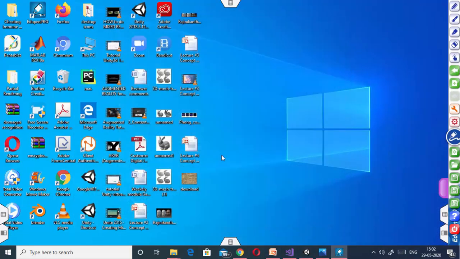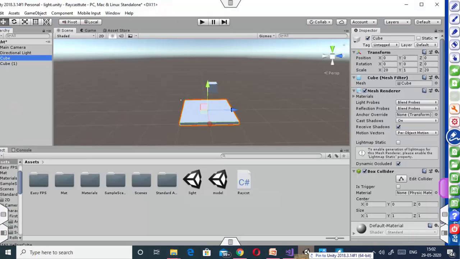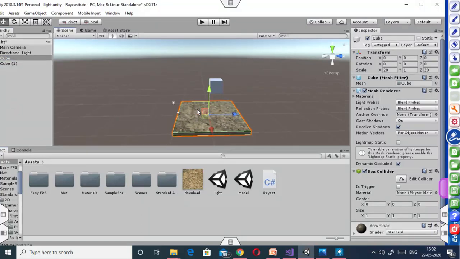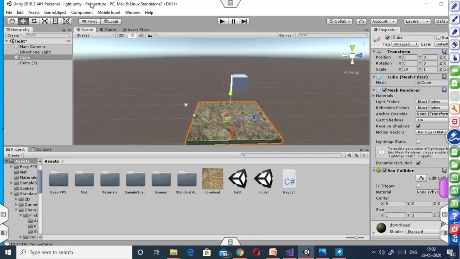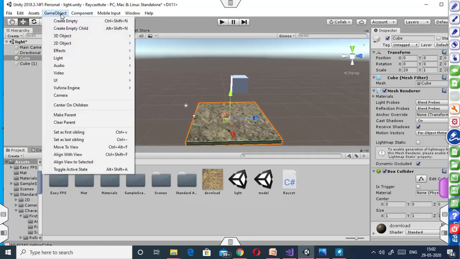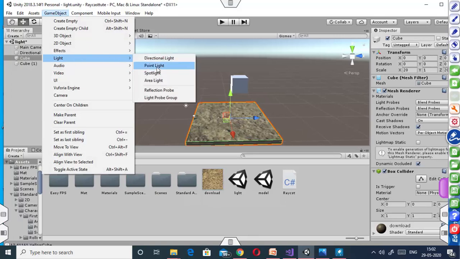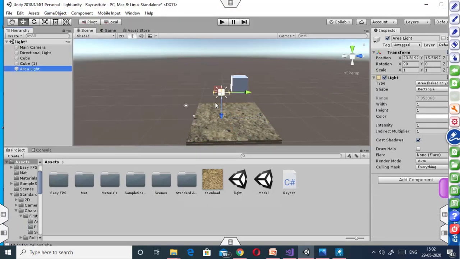I have already downloaded a ground texture, so just drag it into your assets and apply this texture to this cube. Okay, now what we have to do, we have to just go to GameObject, Light, and take Area Light.